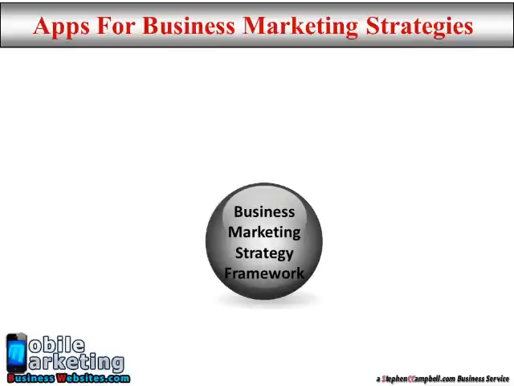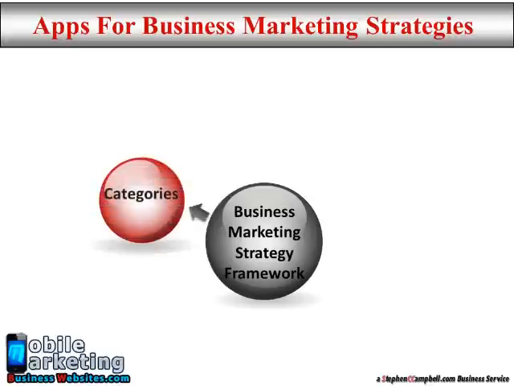I like to think about things when working with clients, doing seminar work and consulting, to see where apps actually fits within your business strategy, because it's not a standalone entity. So that's very important to get into place. So business marketing strategy framework, and there are three main pillars which I like to just focus on. I think it helps to focus the mind in. First off is categories to market.